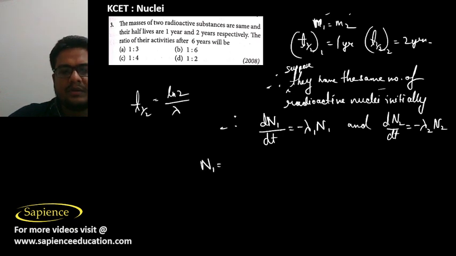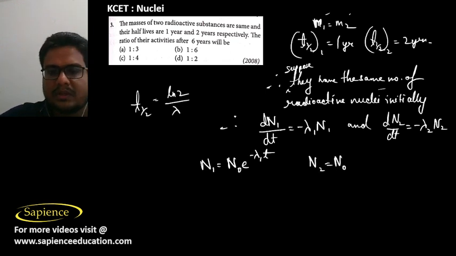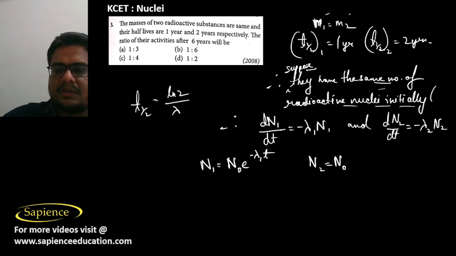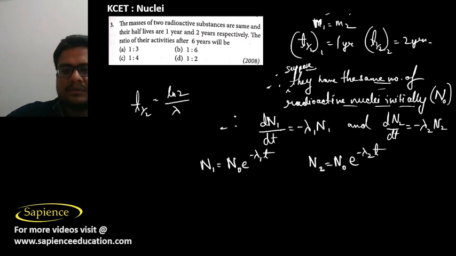We know that N1, if we solve it, will be N0 e^(-λ1 t), and similarly N2 also will be N0 e^(-λ2 t). Here we have assumed that they have the same number of radioactive nuclei initially, which means that both have an initial number of nuclei N0. Therefore, after 6 years,